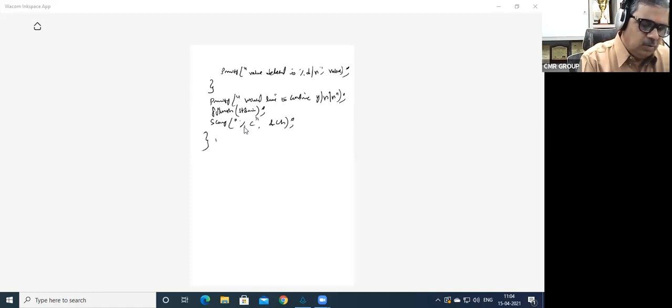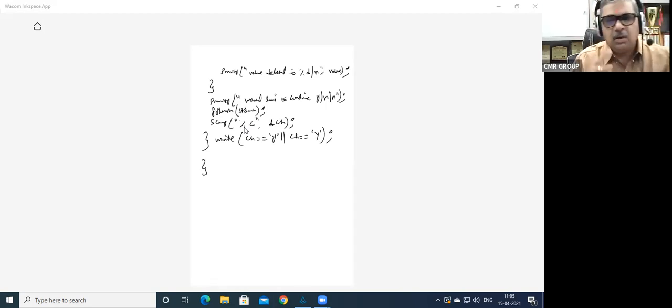Now close the while loop: while ch is equal to y or ch is equal to capital Y, close. Now the do while is closed, and close the main function. So this is the program for deletion of the nodes.